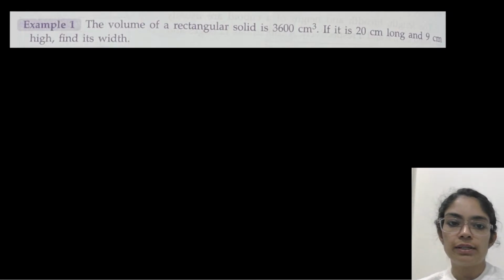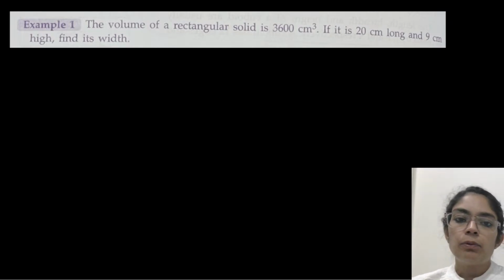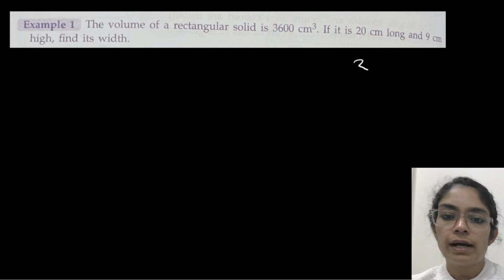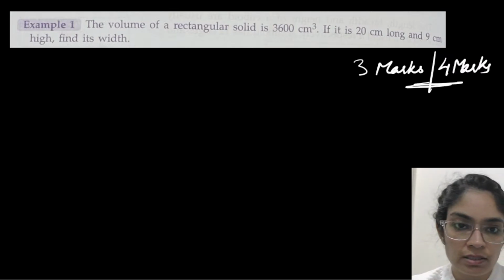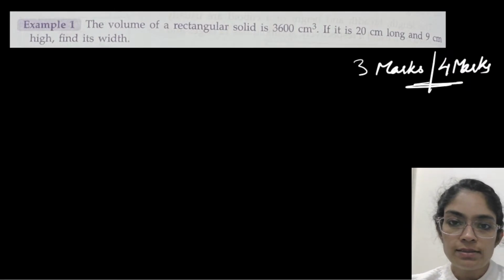So first question you can see on my screen. Subjective type of question means the questions are of either 3 marks or 4 marks, so you have to write properly each and everything. Then only you'll get full marks in these questions. So, what is given to us? Let's do